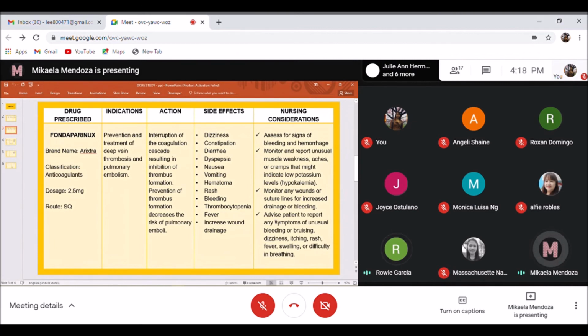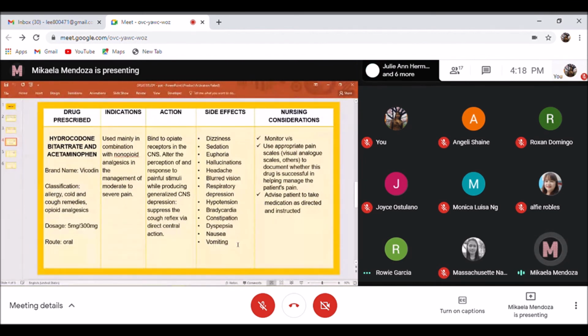Nursing considerations: we have to assess for signs of bleeding and hemorrhage, monitor and report unusual muscle weakness, aches, or cramps that might indicate hypokalemia. Monitor any wounds or suture lines for increased drainage or bleeding. And advise patient to report any symptoms of unusual bleeding or bruising, dizziness, itching, rash, fever, swelling, or difficulty in breathing. Next, we have